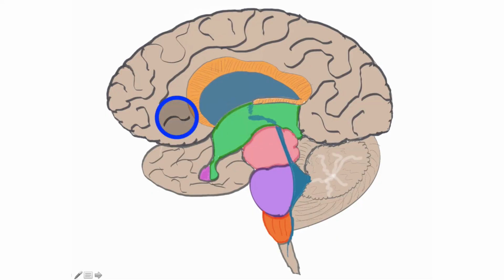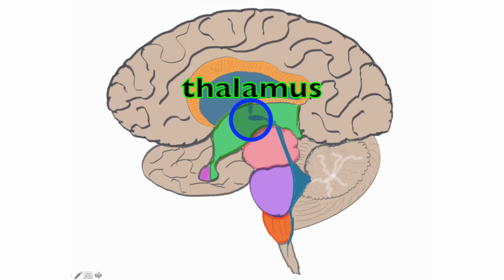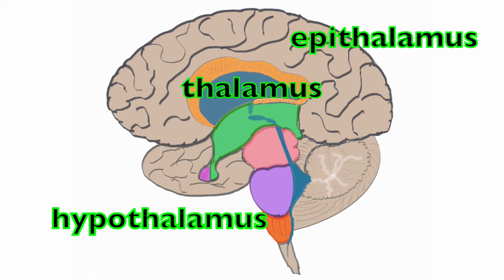The diencephalon is composed of the thalamus, the epithalamus, and the hypothalamus. The great majority of the diencephalon is occupied by the thalamus, which is described as being the gateway to the cerebral cortex, because so many tracts and fibers pass directly through the thalamus. The hypothalamus right here is involved in thermoregulation, appetite, integrating center of the ANS, memory, emotions, and it releases a